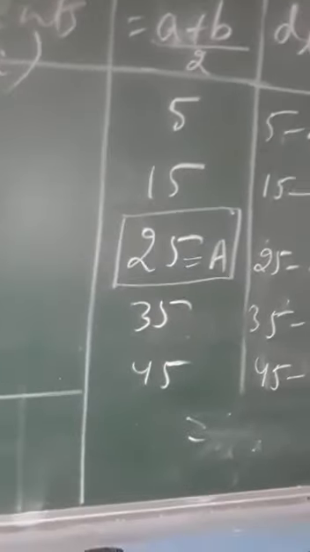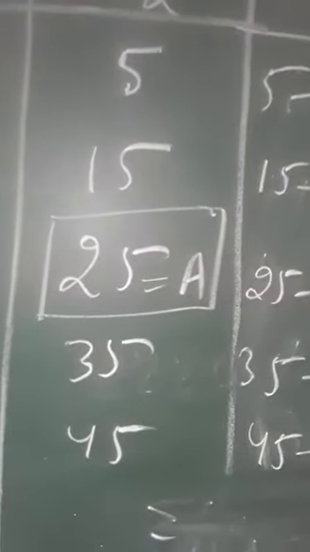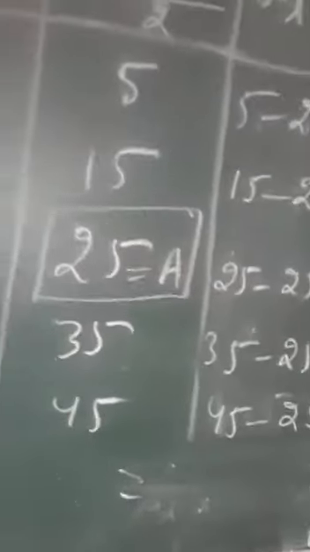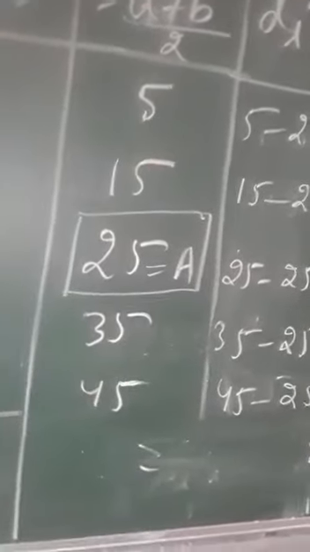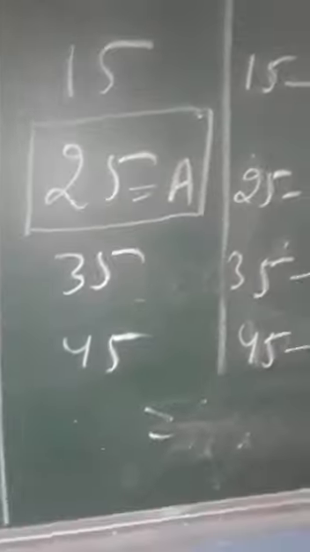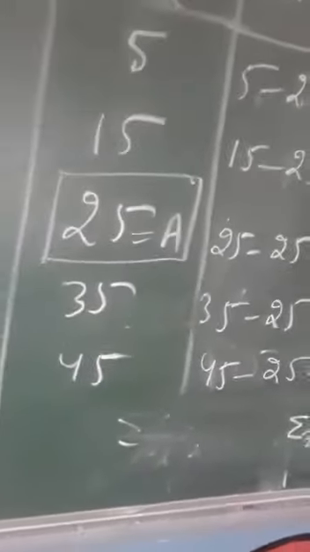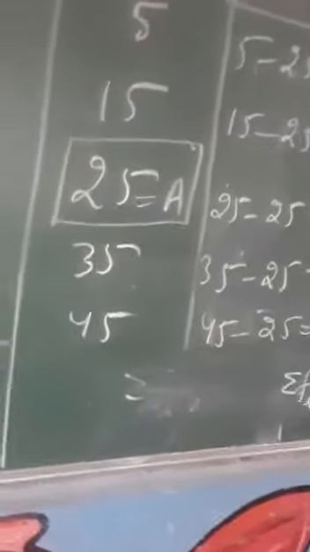In case of 6th term, the middlemost term can be considered as third term or 4th term. In the case of 8th term, middlemost term may be considered as 4th term or 5th term. In case of 10th term, the middlemost term can be considered as 5th and 6th term.